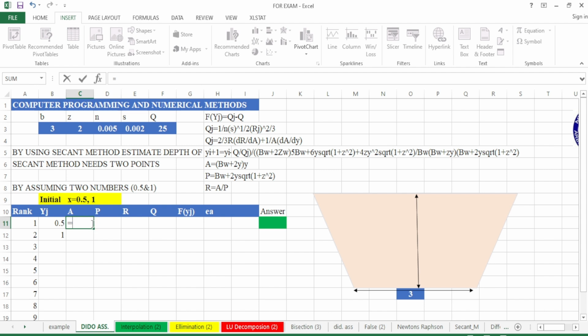So simply we can estimate the area of the trapezoidal channel depending on this given information. The base of the trapezoidal channel is given. It is 3 meters. It is constant for all, so you have to use the dollar sign. To write the dollar sign, you have to press Fn and F4 on the keyboard. Then